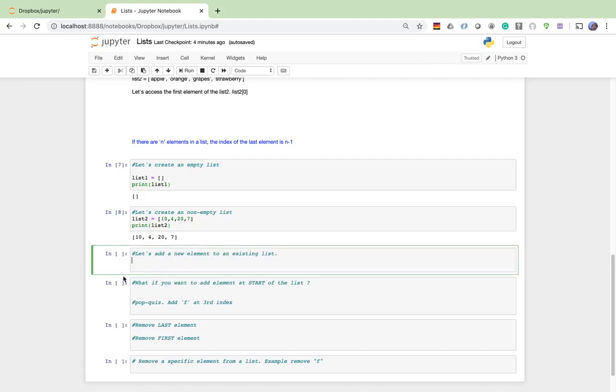Now let's add a new element. How we would add a new element is there's something called append. If you know, append means add. So we would do list 2, whatever the name of your list is, list 2 is the name of our list, and then you do dot append. After you write append, you would put what you want to add. So let's add 14 randomly. And now if we print list 2,